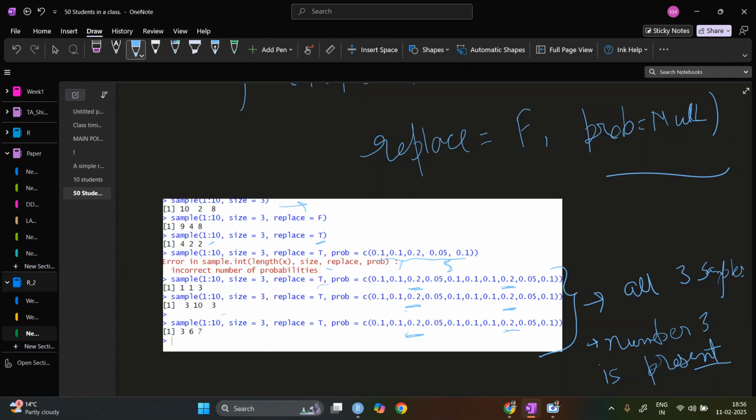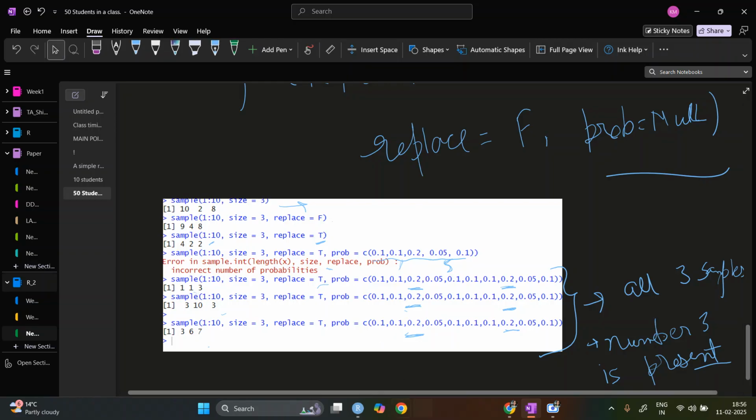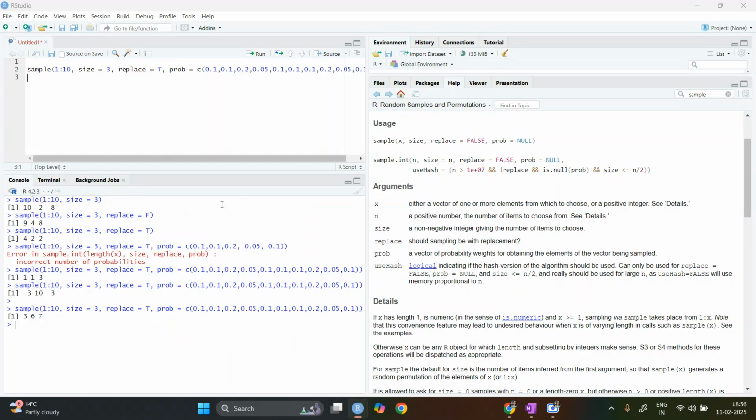So it has repeated 3 here, 1 here. It has not repeated anything in here. But since the probability of this is 0.2, the number of times 3 gets selected is increased. It is the same for 7. So if we, let's say, run this program,